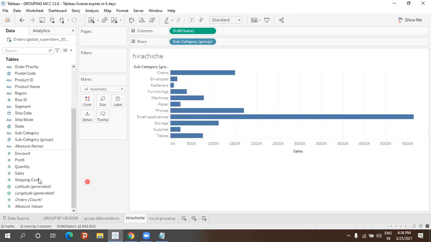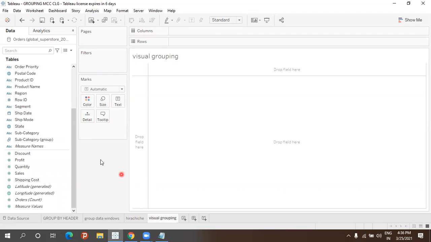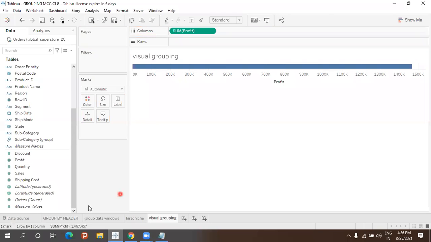Let it be like this. In visual grouping, now drag and drop this profit into columns here. And the same thing, drag and drop from here. Let's take shipping cost.